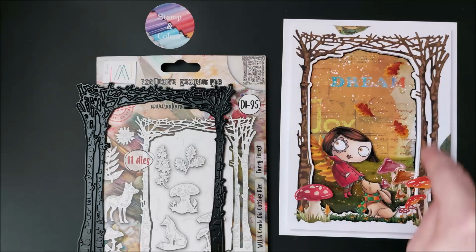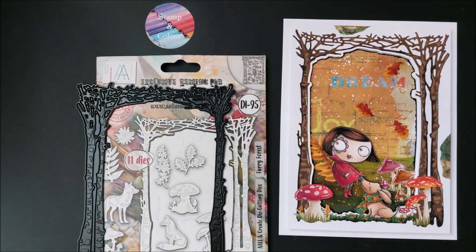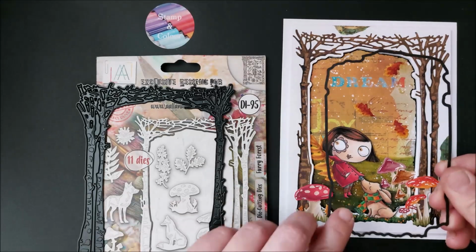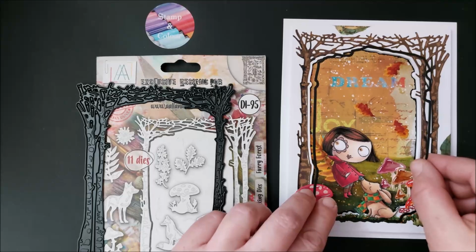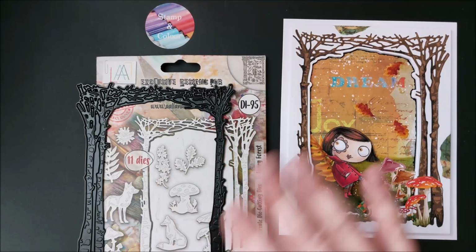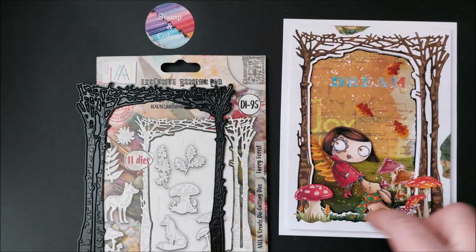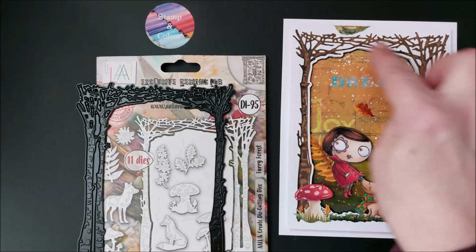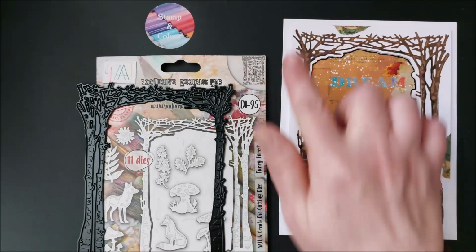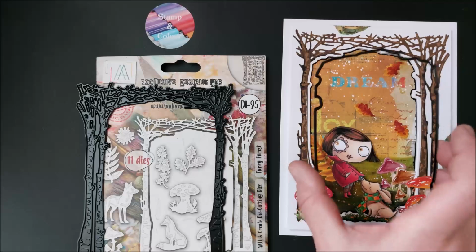I die cut a piece of the new paper packs, I think it's PA28, with the inner frame. Donc ensuite, j'ai découpé un des nouveaux papiers du set 28 avec le cadre intérieur. On a piece of white paper, I pasted the trees. And then I placed my die again to have the sort of window. Donc ensuite, j'ai collé mes branches marron sur du papier blanc. J'ai replacé le die intérieur